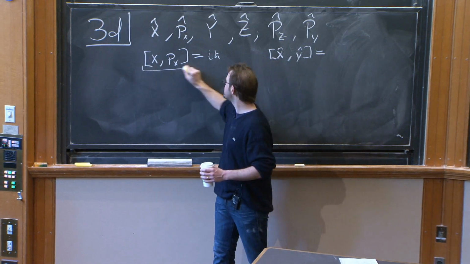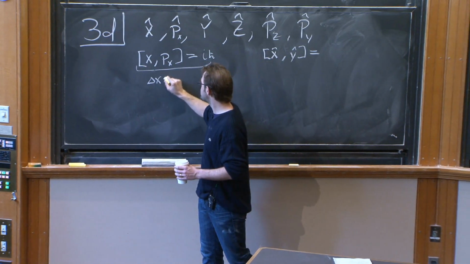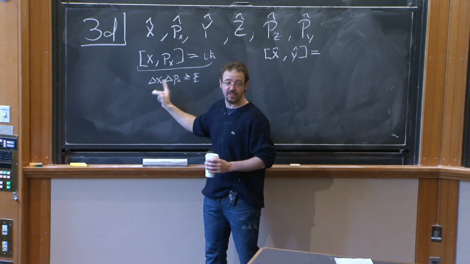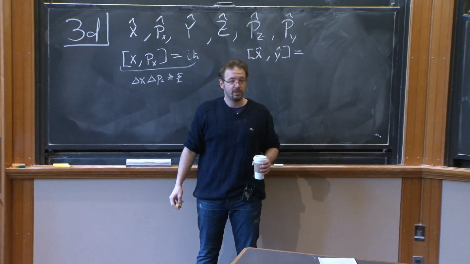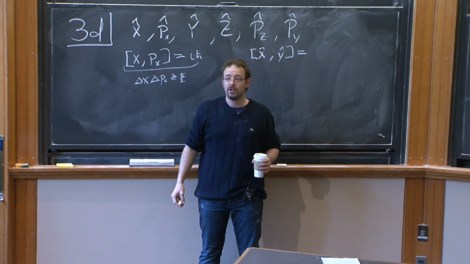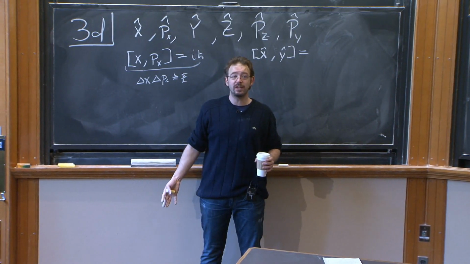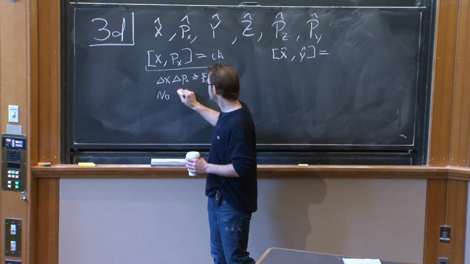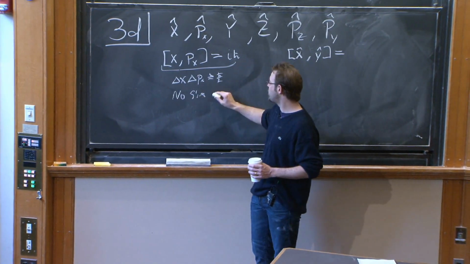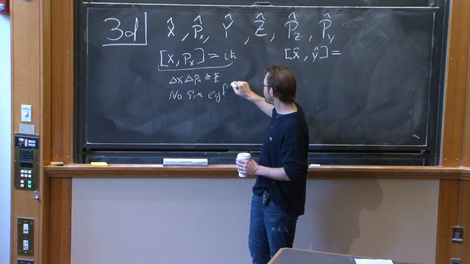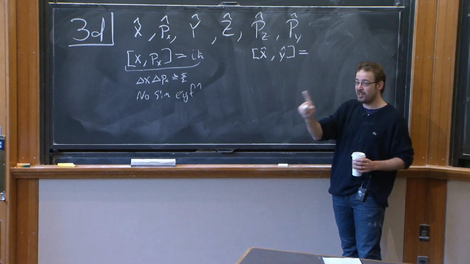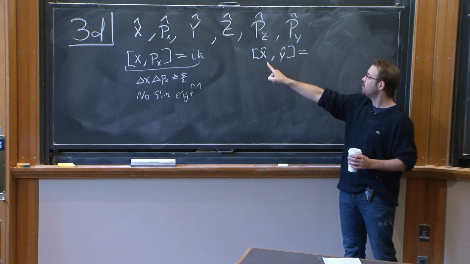So the consequence of this is that there's an uncertainty principle, delta x delta px must be greater than or equal to h bar upon 2. What's another way of saying this? Do there exist simultaneous eigenfunctions of x and p? No. No simultaneous eigenfunctions. So you can't have a definite value of x and a definite value of p simultaneously. There is no such state. It's not that you can't know, it's that there's no such state.